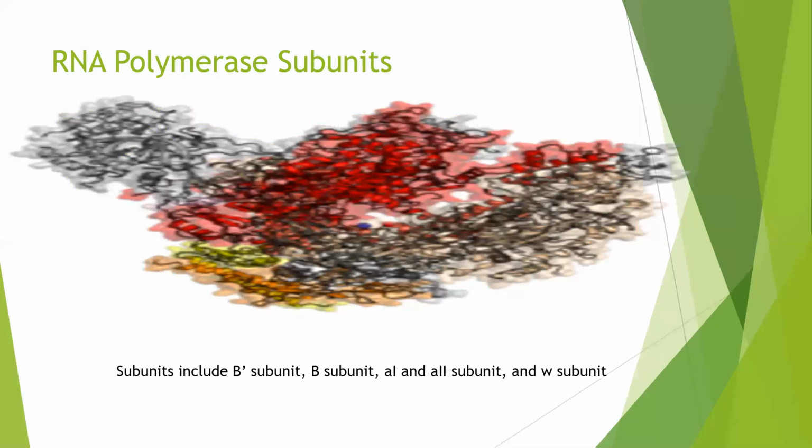Pretty amazing, guys. Of course, like every living thing, we're all made out of subunits, components. Same for RNA polymerase, all right? The subunits include the beta prime subunit, the beta subunit, the alpha 1 and alpha 2 subunits, and the W subunit, sigma. I wanted to go through this real quick so you can see RNA polymerase and its subunits. Real quick, I just wanted to label everything. The beta prime is colored red, and the beta subunit is colored yellow, I believe, and alpha 1 is colored